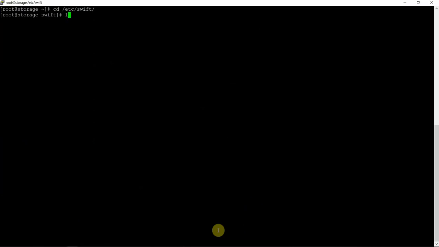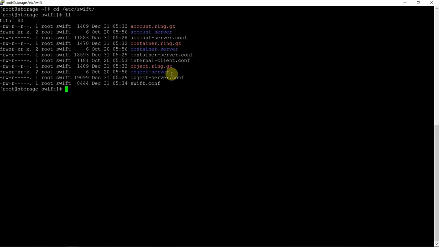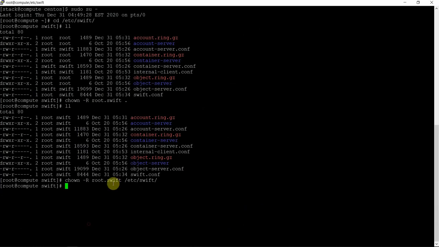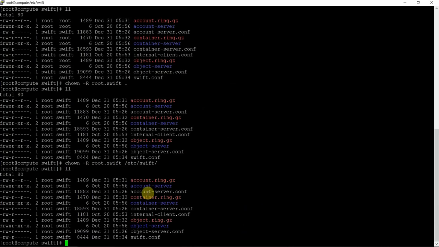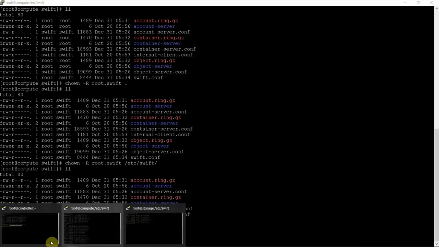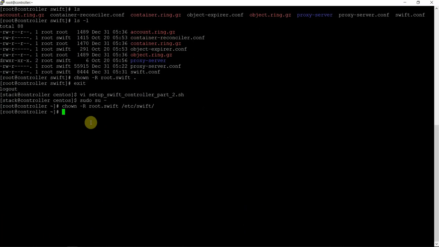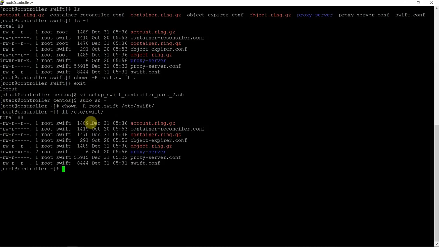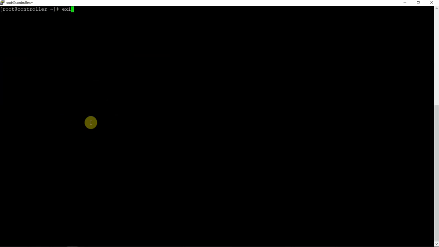cd /etc/swift, use long list, verify the ownership is perfect, all good. Here also all good, and on this machine also, on the compute node, controller node, let's verify. Same thing here also, all great. Now what we need to do is start the services.